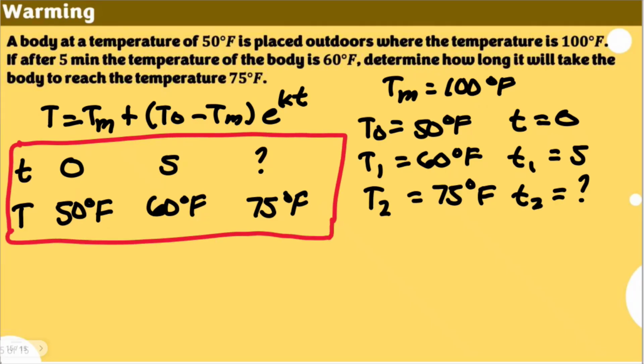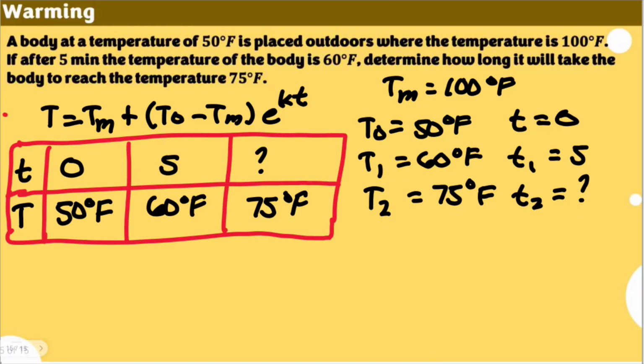This is an example of an application using differential equations, because in the process of identifying this formula, the mathematical model for Newton's law of warming, we actually use the concept of separation of variables in determining the formula from a given assumption. Here, we will no longer be using such, but we're going to use some concepts, especially natural logarithms and exponential forms, in order to solve the problem. So how can we solve this? The first thing we need to do is solve for k, because that's the constant of proportionality for all the situations here. Basically, we're going to use the first relationship, after 5 minutes.